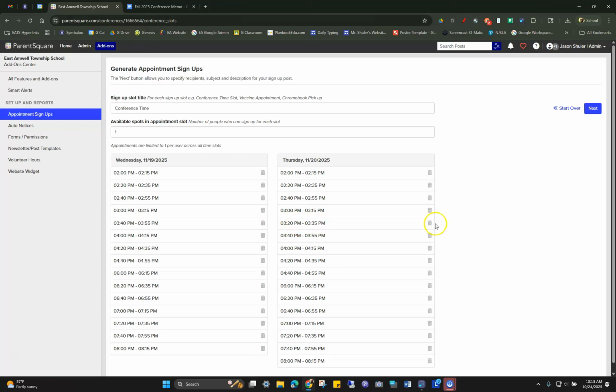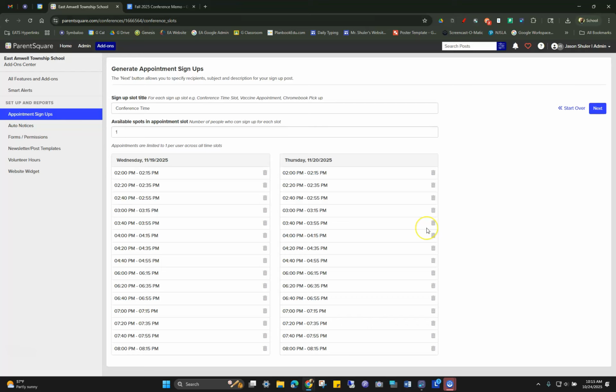and I'm going to remove it on my Thursday as well, so 3:20 and 3:20. And then I want to remove your night break, which is the 7:20. So I'm going to go down here, 7:20 and 7:20. I like doing them side by side because then I can see that they're balanced. Okay, once we have all of that done, I go up to next in the top right hand corner,